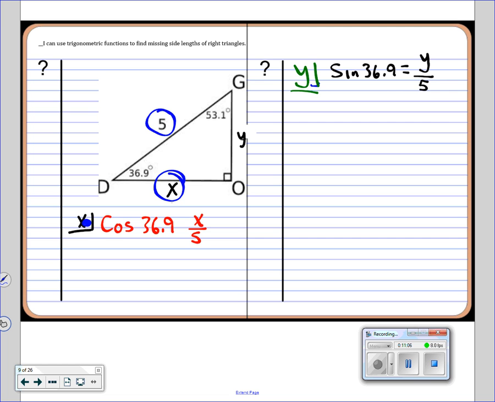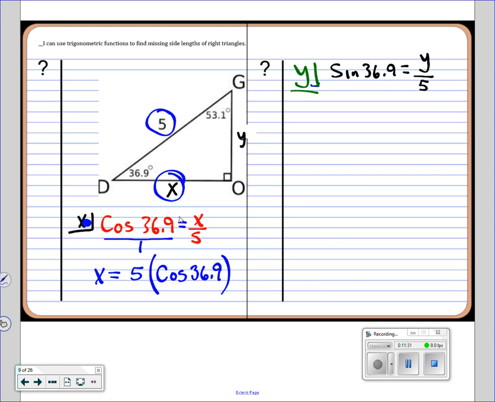Now, the next bit of this is the artwork of solving for x. I forgot my equal sign, so let's plug that in. So I have a ratio on the right-hand side. I'm just going to turn this one into a ratio and cross multiply. I end up with x equals. Always put the number that you're multiplying times the trig function out in front, cosine of 36.9,